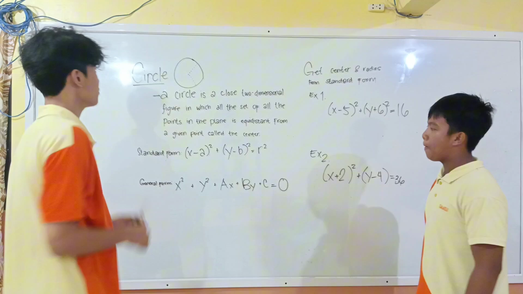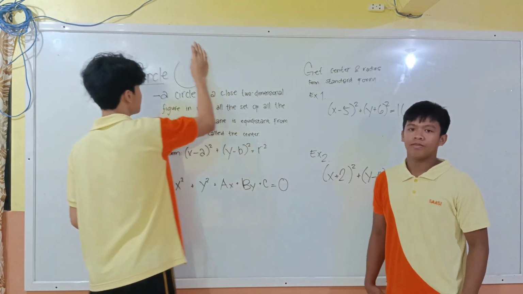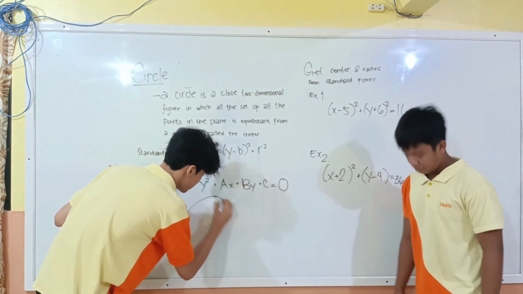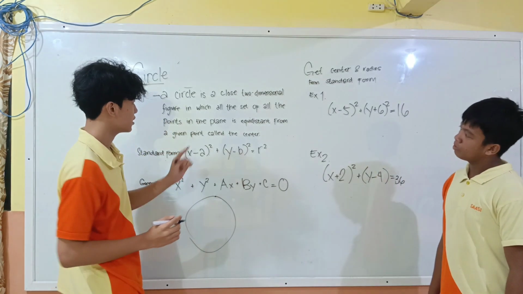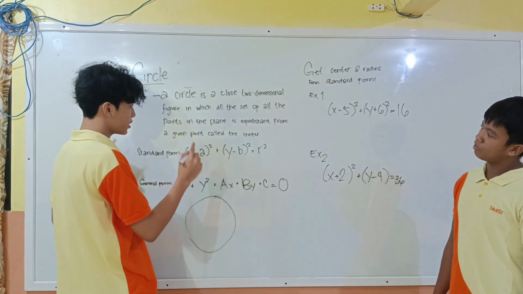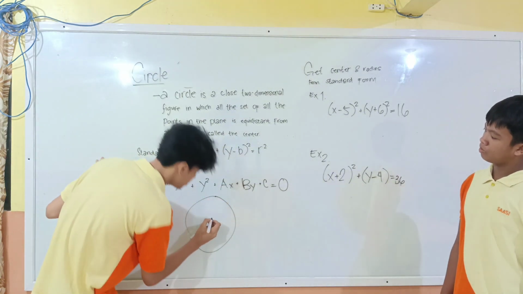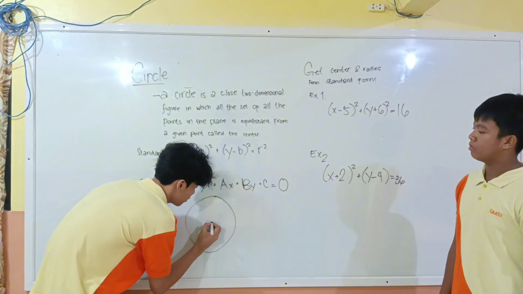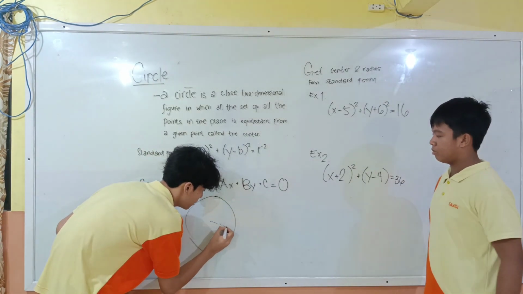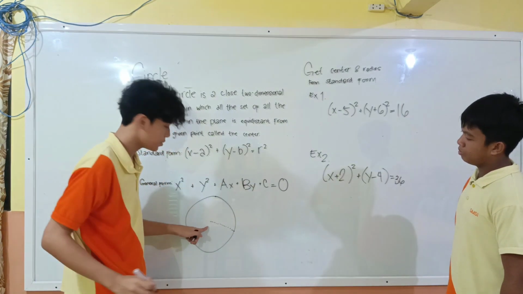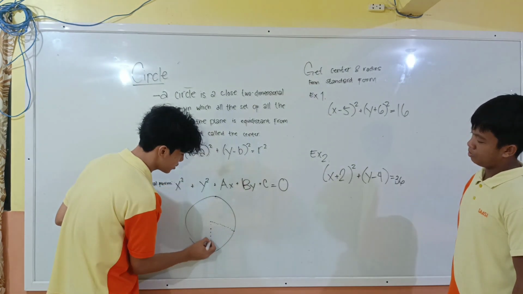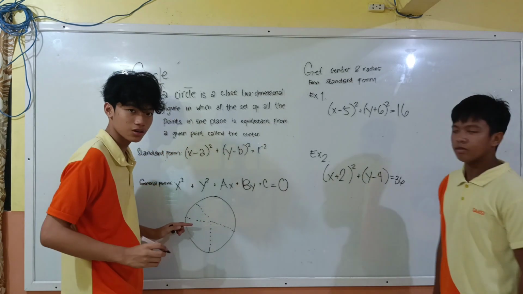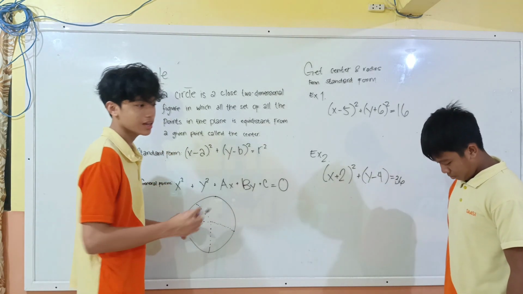So I'll give you an example of what Audrey just said. I'll draw a bigger circle. So we have here a circle, right? What Audrey said is that all the points in the circle are equidistant from a center. So this is our center. Now, all those points from the center should be equidistant, and it should be all around, either here or here. It should all be equidistant to be called a circle.